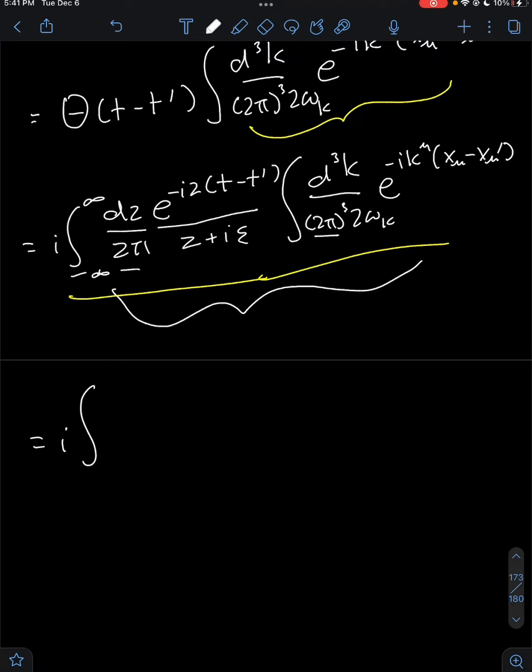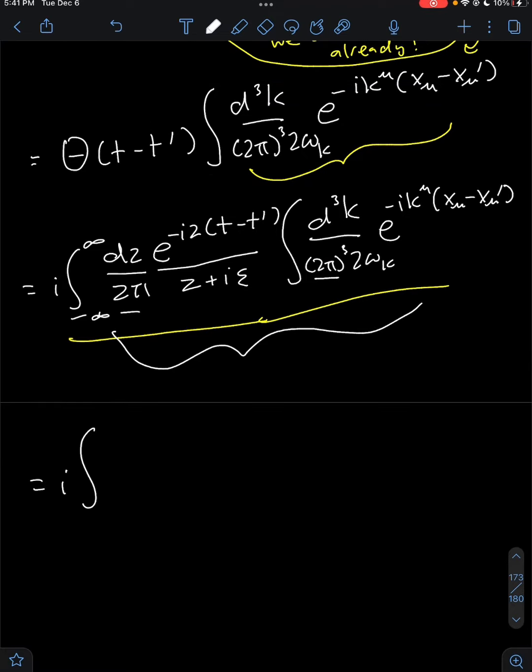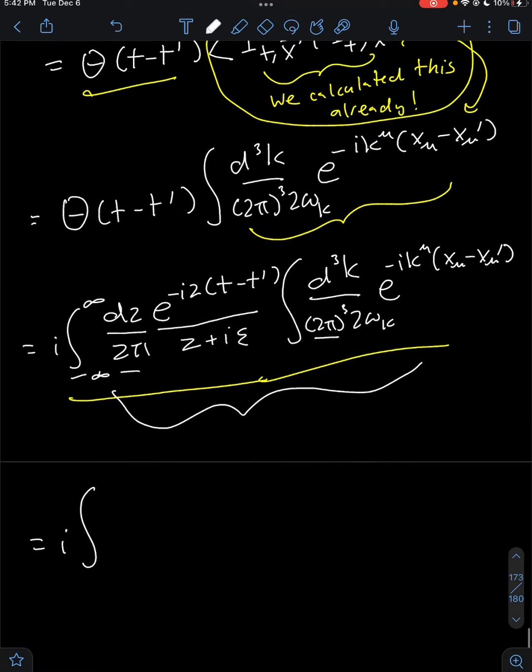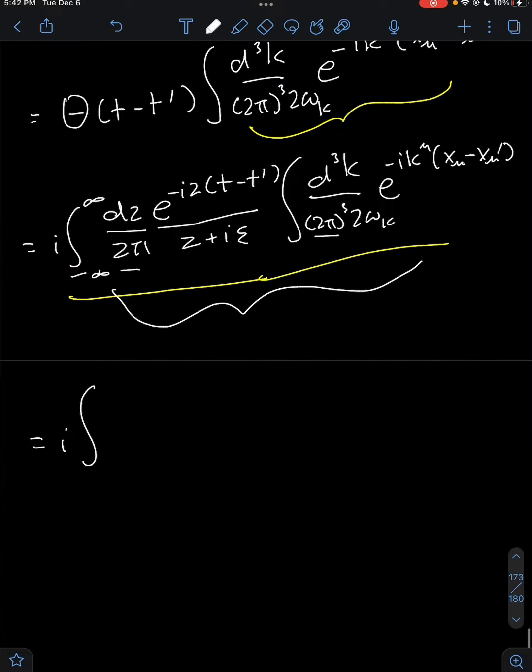Also, this integral for the momenta is over negative infinity to infinity, but we usually just don't write it out of laziness. Physicists tend to be lazy when writing their bounds when it's over infinity. But we're going to have i times the integral from minus infinity to infinity dz d^3k over (2 pi)^4 2 omega_k, e to the